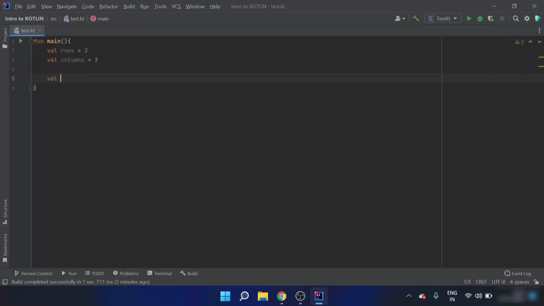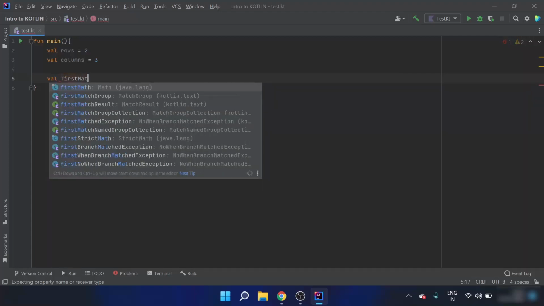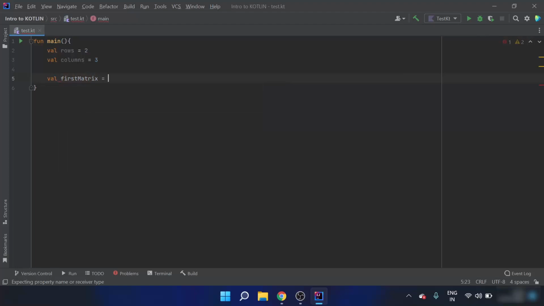Now I have to define an array. I hope you remember how to define an array. Now the value first matrix is an array of two small arrays. Okay, so it is an array of two arrays. So this is the multi-dimensional array. I'll just define an int array of